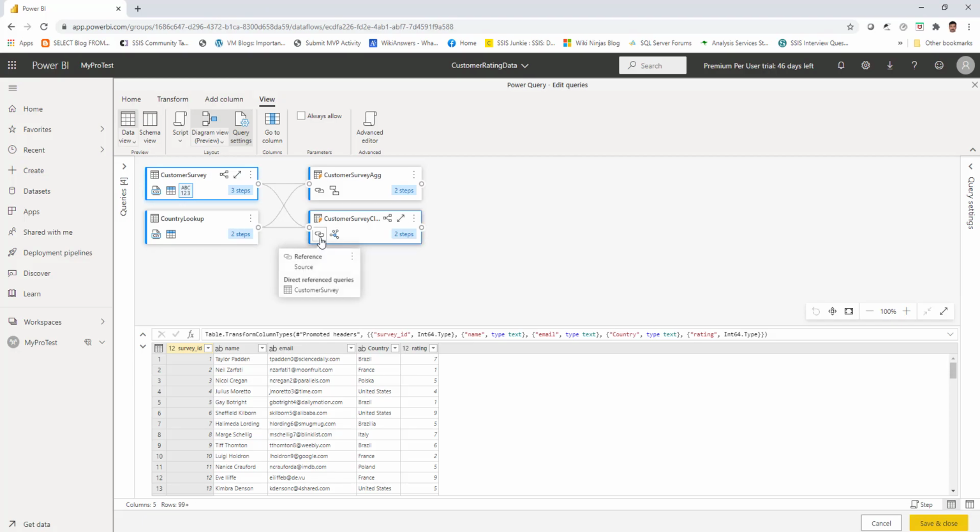And also it will have the details of what you are doing inside. It will have a reference from the source, and then it will have a fuzzy cluster column, which is what we have done on top of that reference. So we have made a reference from the base entities, and on top of that we have applied a fuzzy cluster. And similarly, in the case of customer survey aggregation, we have done a reference, followed by a group by. So all the details can be read from this particular representation itself.